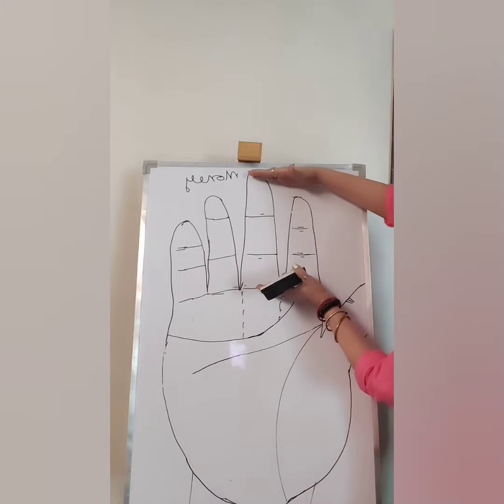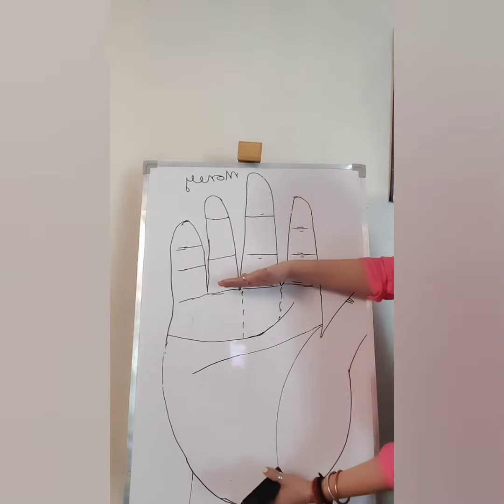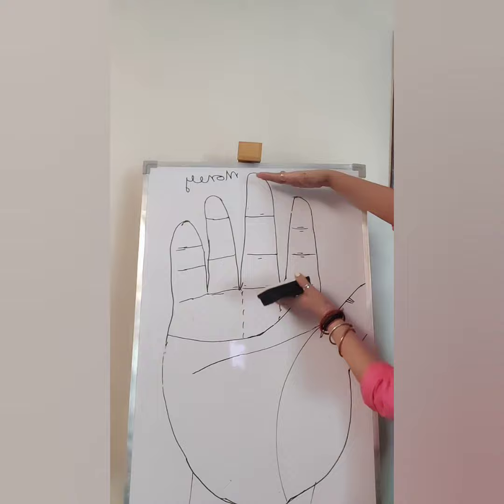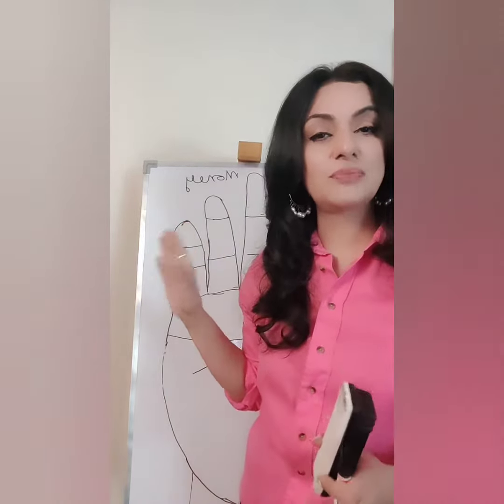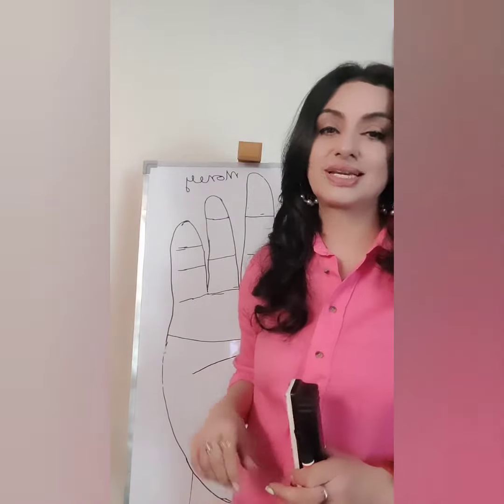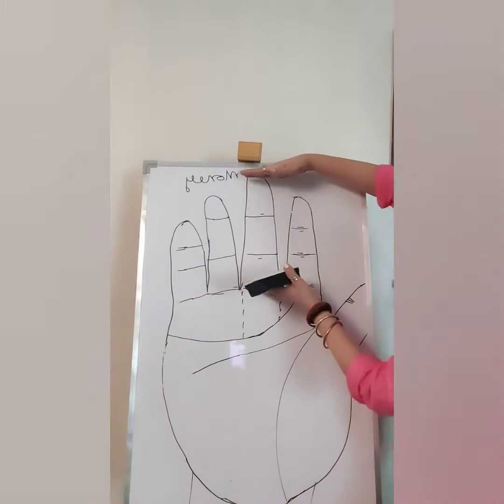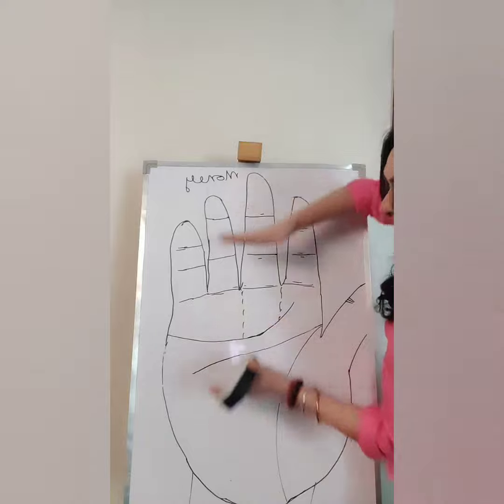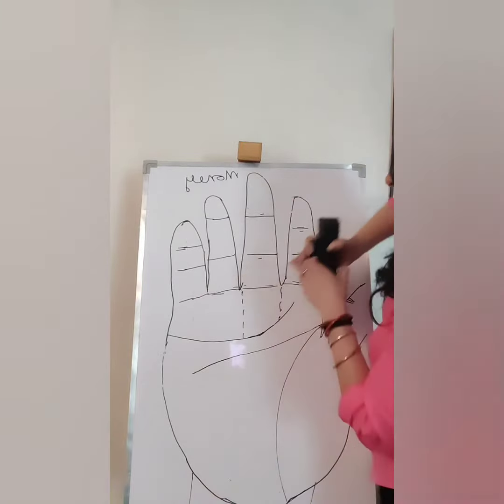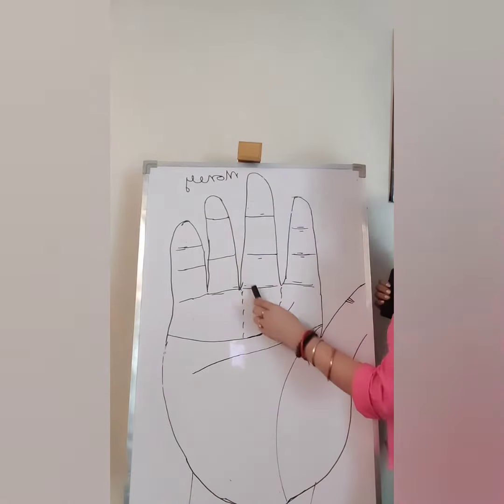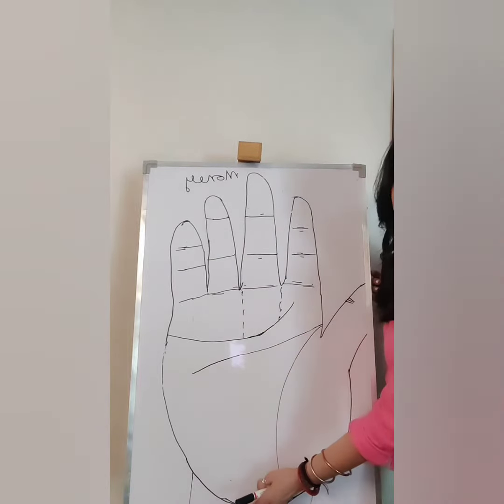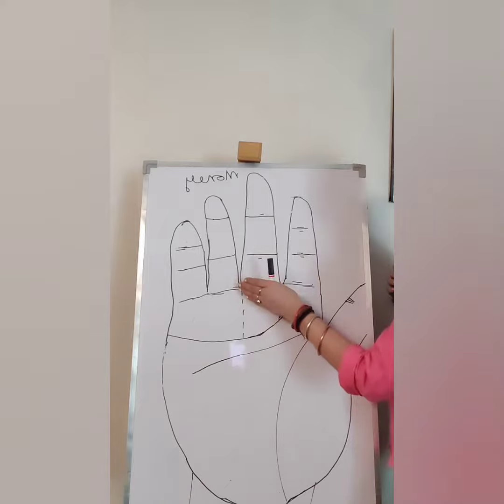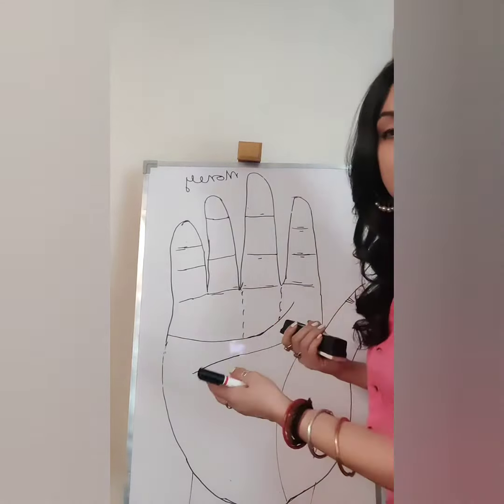If the length of the fingers is less than the length of the palm, this means you are going to have a better control over your expenditures. Length of this should be less than the length of your palm. Fingers should be smaller. The palm length should be bigger. This means you are the kind of person who would save more.